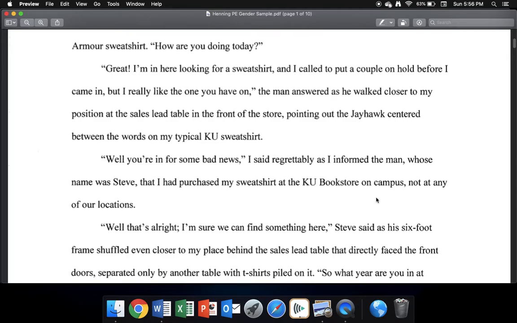Let's stop there. You can see that there is a comma here after the first line of dialogue. Then we have a really long dialogue tag, but it starts with "the man answered." So this is all technically a part of this sentence. And you can see that Kelly is giving a sense of his positioning. This is a challenge that many young writers forget to add to their paper, where they have trouble showing the actual positioning and spacing and action. And by action, I don't mean fighting or anything like that, but the action of the movement between the various characters that can really add an element of imagery to the story.